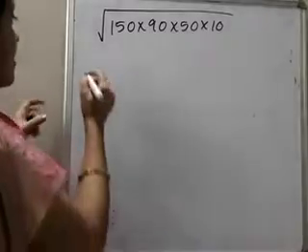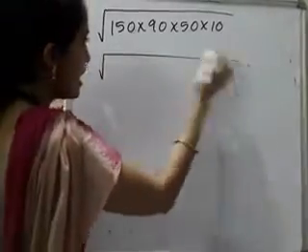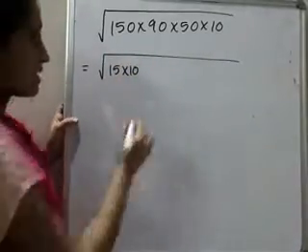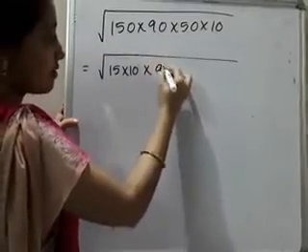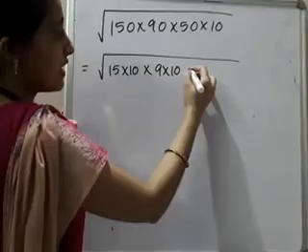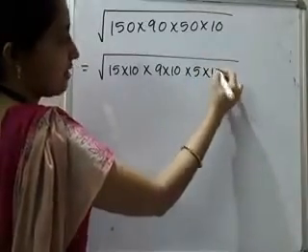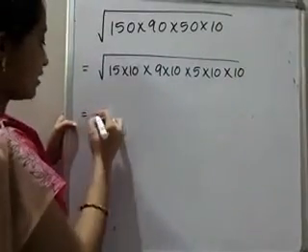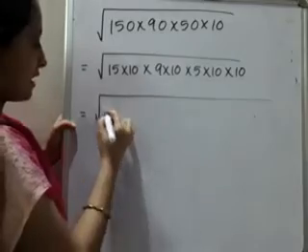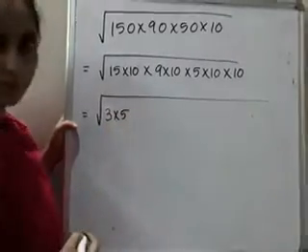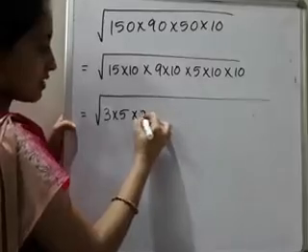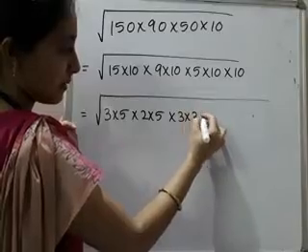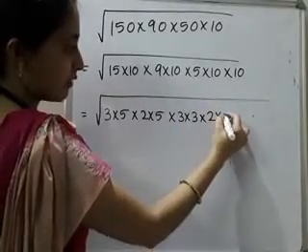Okay, listen here please. So this is equal to, you have to factorize. So 150 can be written as 15 into 10. Yes. 90 can be written as 9 into 10. Okay. Then 50 can be again written as 5 into 10. Then 10 you can write as 10. Clear? So that is equal to, then 15 can be written as, how can we write 15? 3 into 5. Then 10 can be written as 2 into 5. Okay. 9 can be written as 3 into 3. Then 10 can be written as 2 into 5.